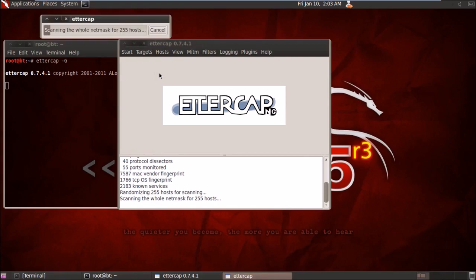Now what I'm doing here is simply scanning the number of devices connected to my network. This entire ettercap setup is just a backup.